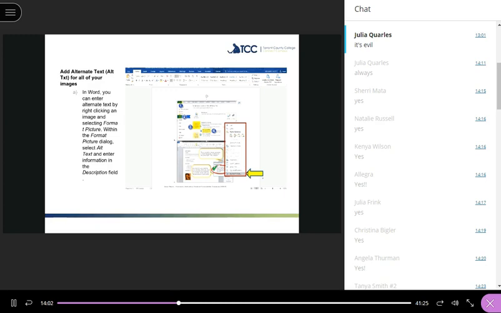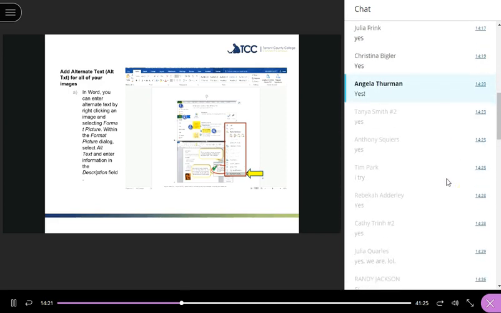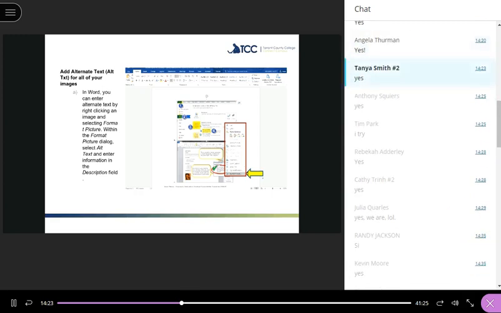So let me see here. Okay, so the next part here is alt texting. To put you guys on the spot, but do you all use this? Do all of you, at least when you're putting in pictures, use alt texting? Cool. Gosh, you guys are awesome. Well, let's talk about it just for a second.